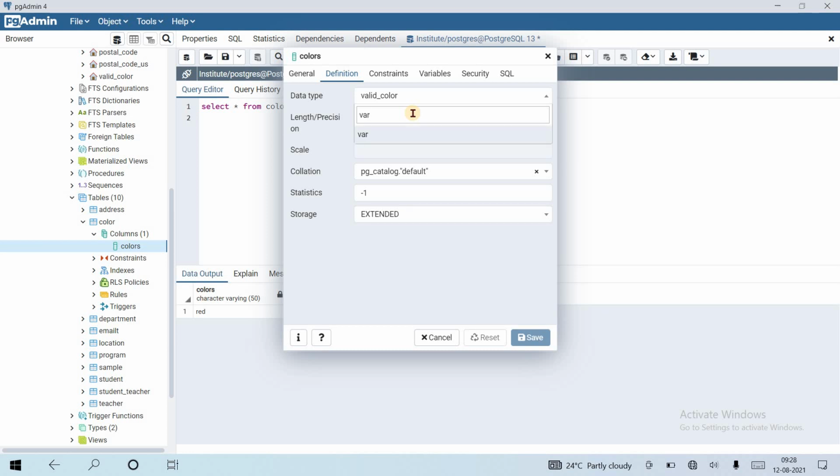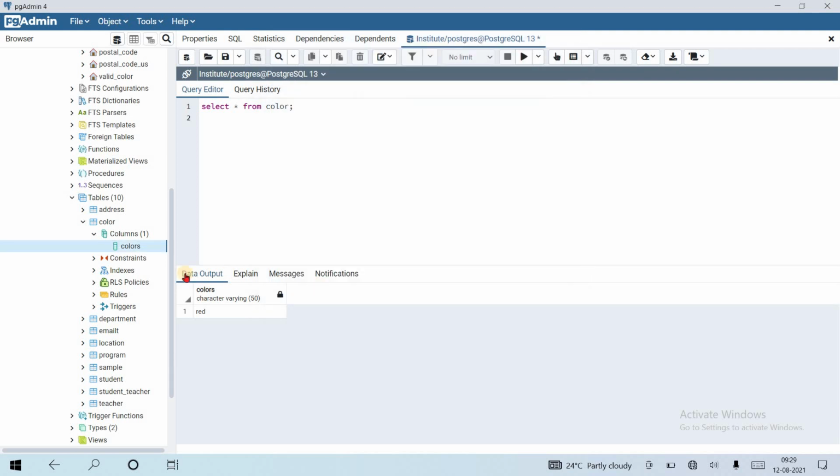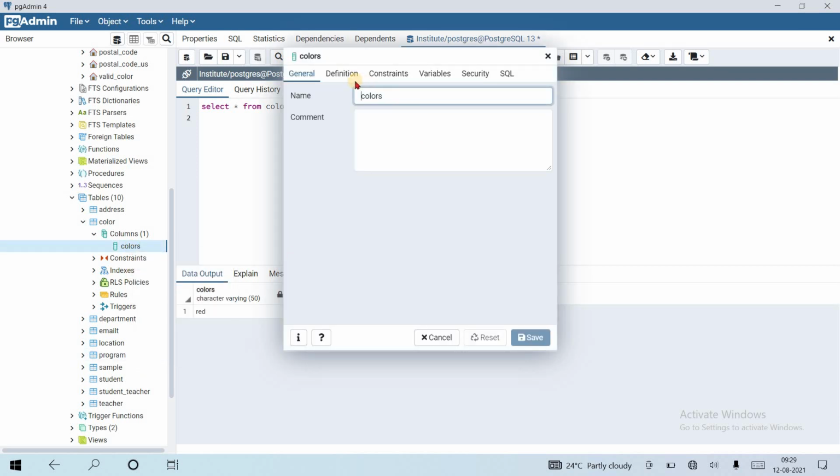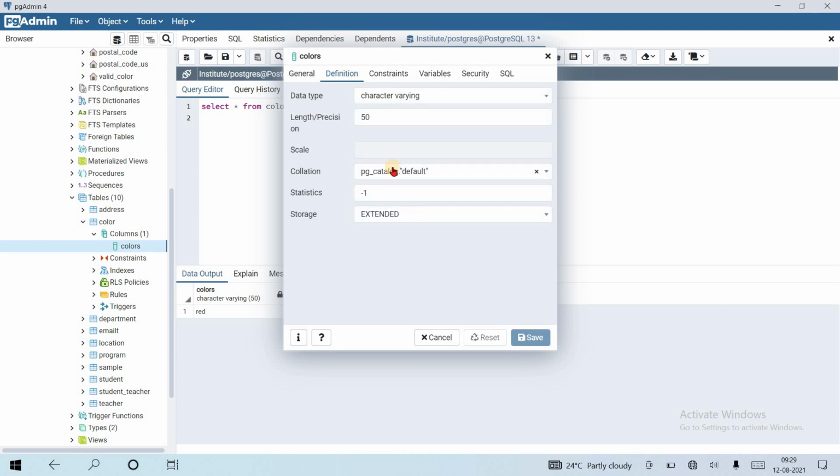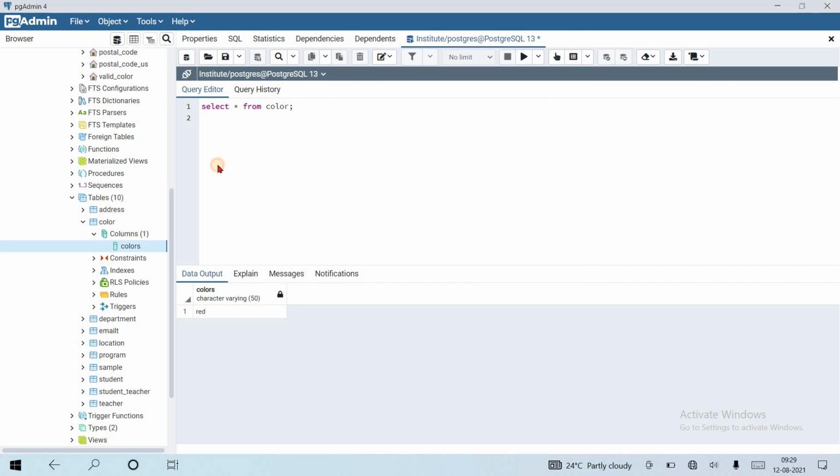Suppose varchar, it is not showing me, so now we need to do it with the help of a query. Varchar 50, let's save it. Now go to properties again and check the definition: character varying and the length is 50. Yes, that's it. We have changed the data type.